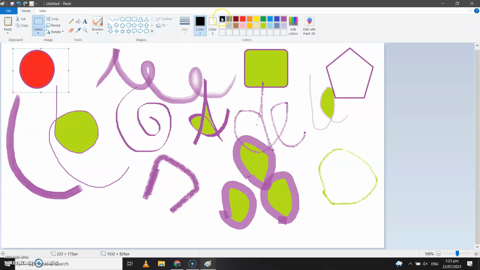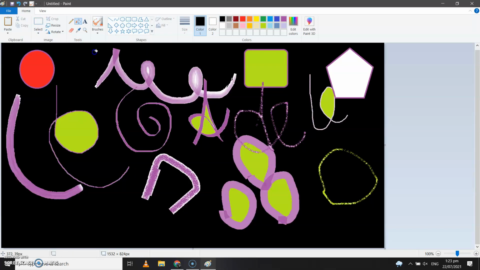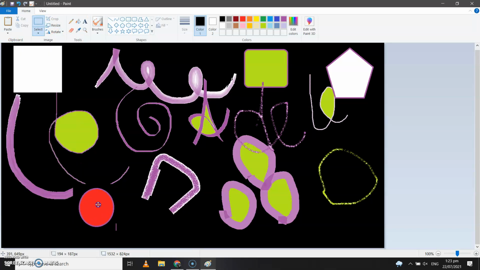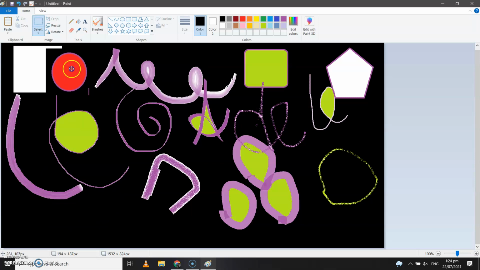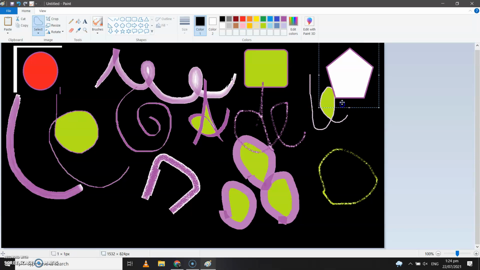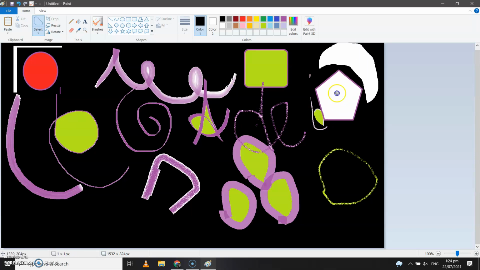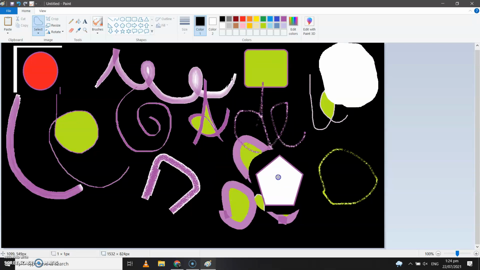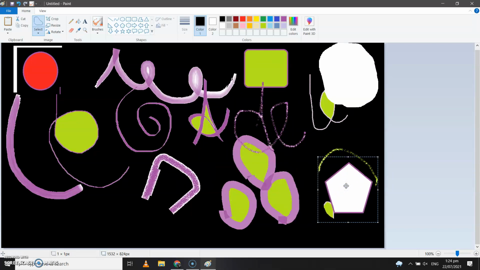So suppose now we have the canvas background as black. If I select the shape like this and move it, see, the shape will get selected along with the background color. Okay. Now next thing is the free form selection. It will select the way I draw. Suppose I am selecting like this. So it will remove that part only. See, can you all see? This is how a freeform selection works. I hope this was useful for you all.